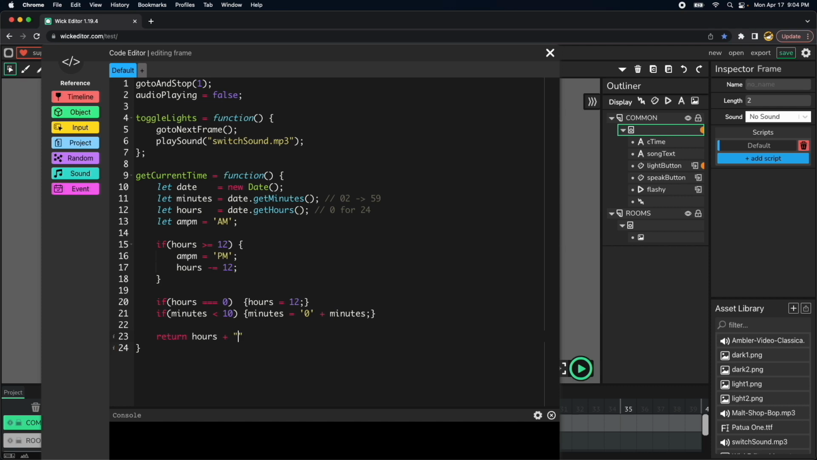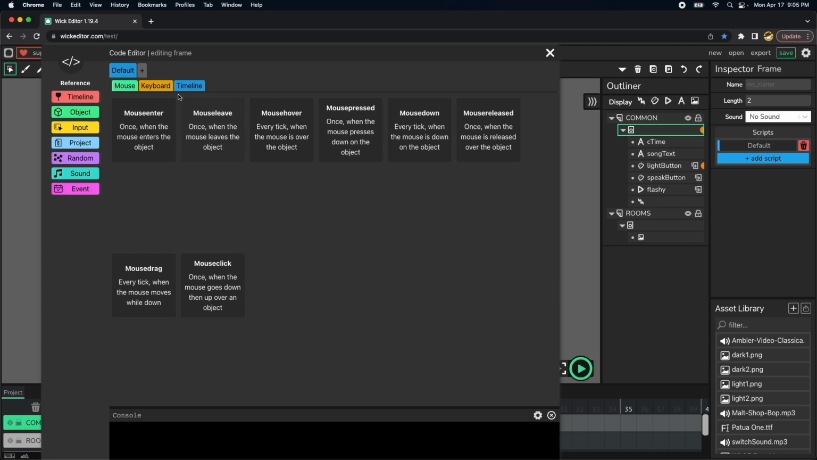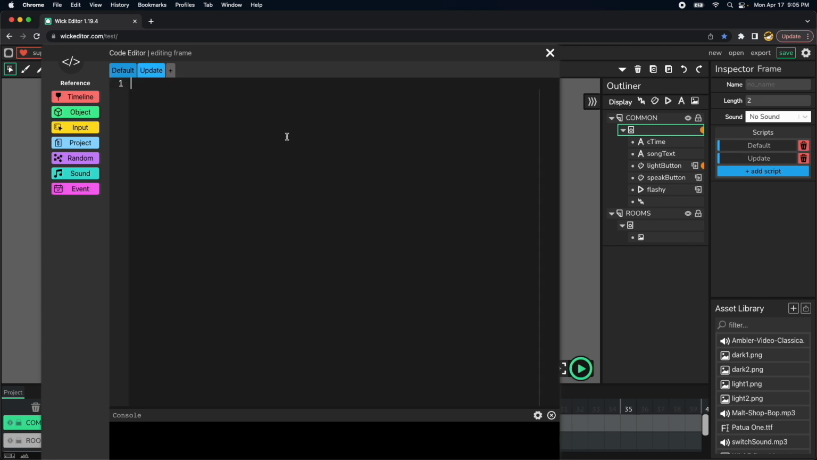plus colon, then minutes, then a space, and then AM or PM. So now let's copy this function name, and then let's add a second script here and choose timeline and then update. Let's paste this function here, and